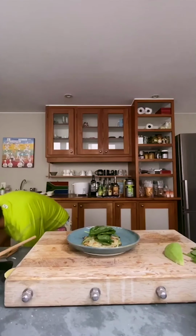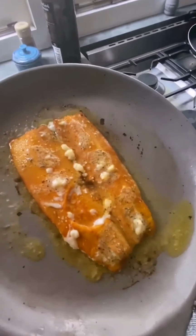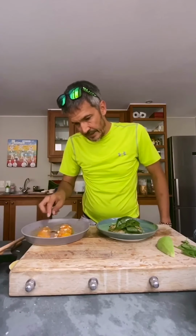Oh goodness! Let's just look at that. Just absolutely caramelization is happening. Absolutely beautiful. So simple. Obviously guys,